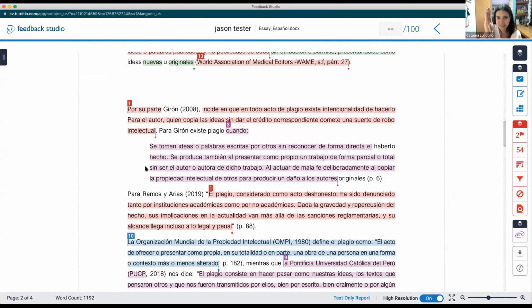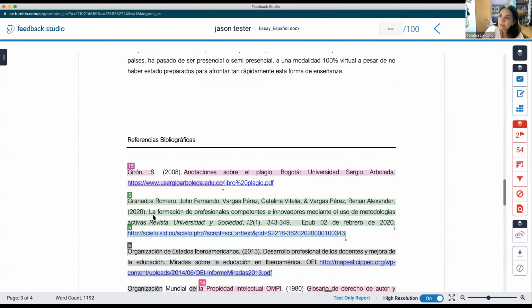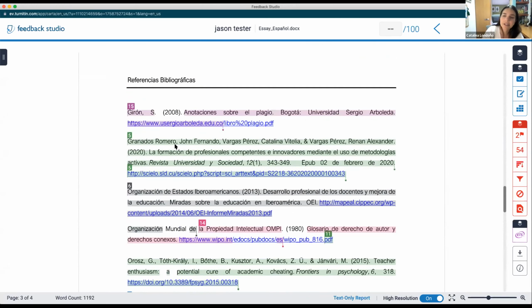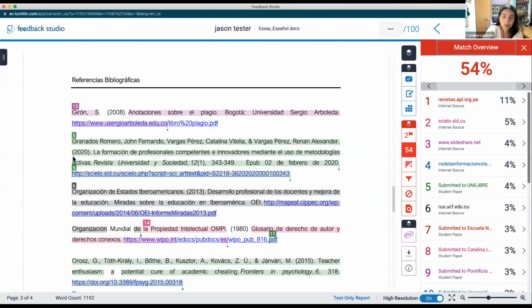Here again, quotes. Or here there's a different way of citation, which is just to indent the paragraph. Of course, there's some highlighting here because this is the references list. Fine, I'm not the only one. Jason is not the only student ever to have used this bibliography. So what I'm saying is I can see everything that my student did, and there's a list. The numbers and the colors represent